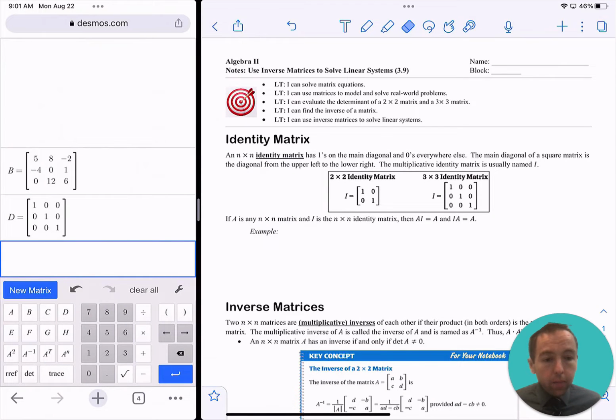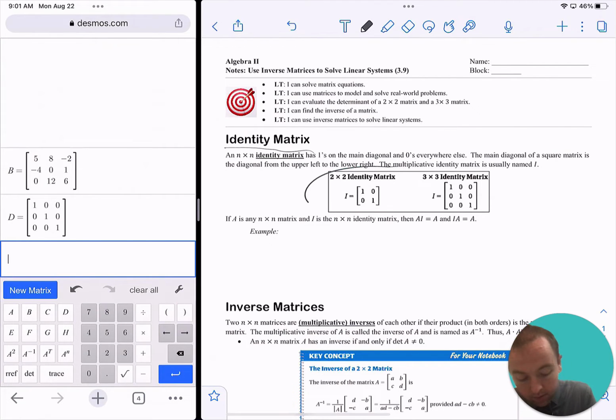We are now going to be able to bridge together the ideas of linear systems with matrices. Before we do so, just a couple quick reminders. So first of all, that of an identity matrix. When we're dealing with an identity matrix, we're usually assuming it's the multiplicative identity matrix, and that's going to